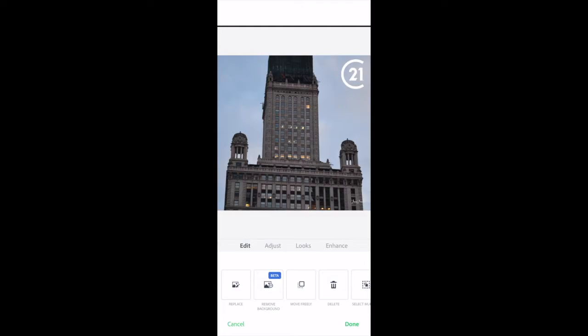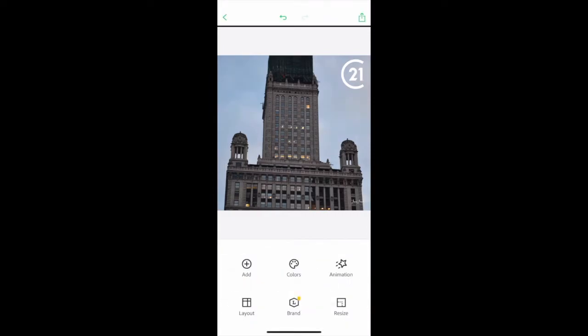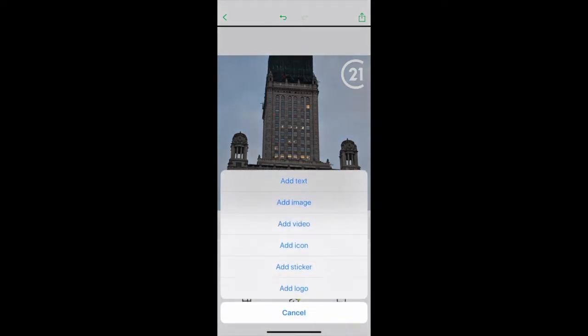So then I go back, I click done on the bottom, so I'm finished with that. I'm happy where it's placed. I'm going to click done. And I'm going to do the same thing again. I'm going to go to add, go to the bottom where it says add logo,